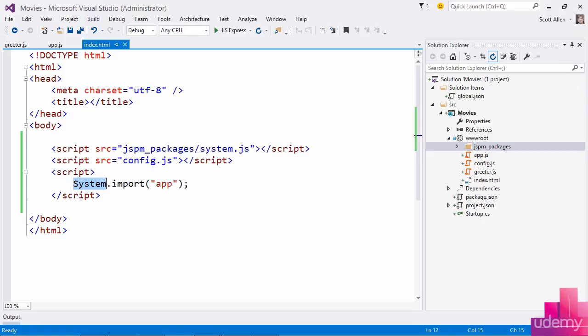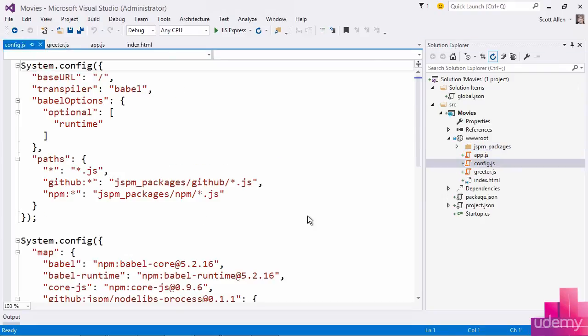In fact, System can find many modules because I've included both system.js and config.js on this page. Config.js can be a little scary when you first see it, but the good news is that you don't need to maintain this file, other than perhaps changing a few options. It is jspm that will create and maintain this file. And this is one of the reasons that jspm is a useful package manager in this new world of JavaScript, because not only will jspm install a framework like Aurelia and put it on my file system,